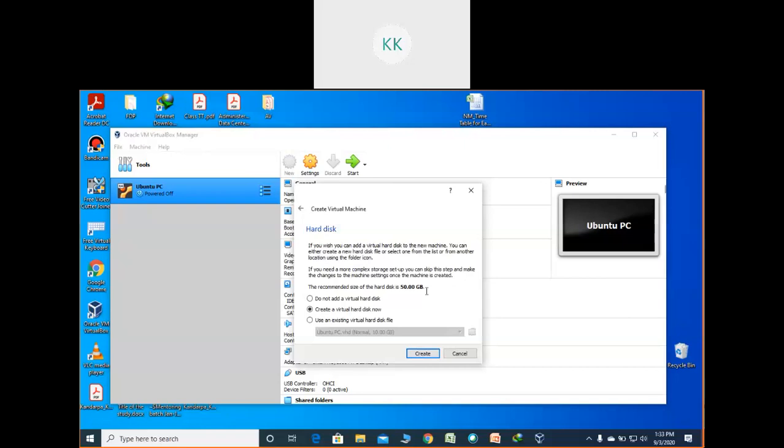Now it's up to you what type of disk. Create a virtual disk now. If you click on create, then it will be created. I will not create it. If you click on create, then this much amount is allocated for you as a virtual hard disk. This is how you are going to create it.